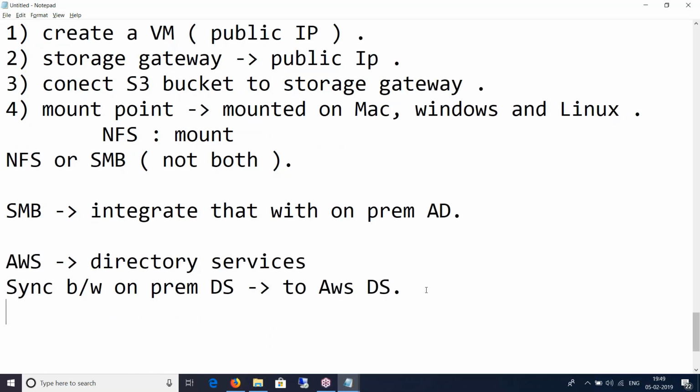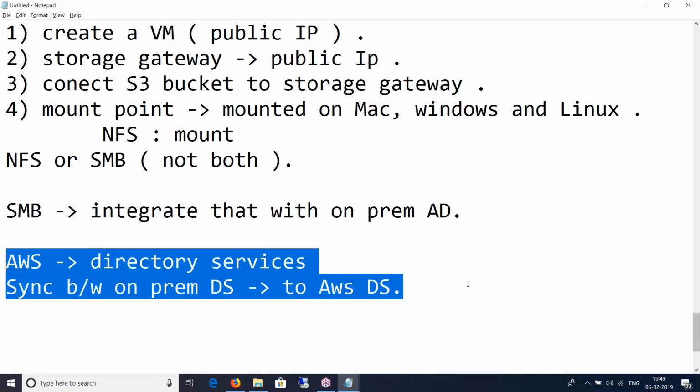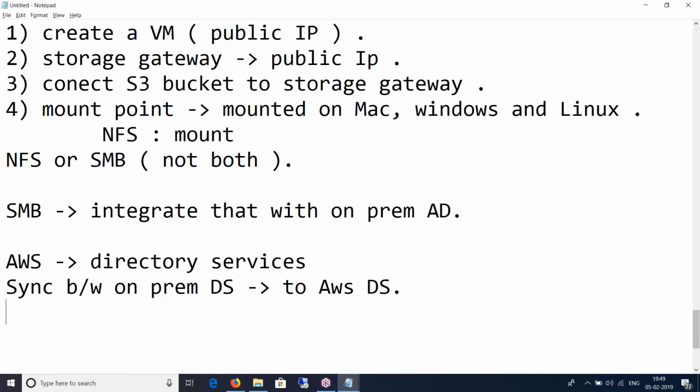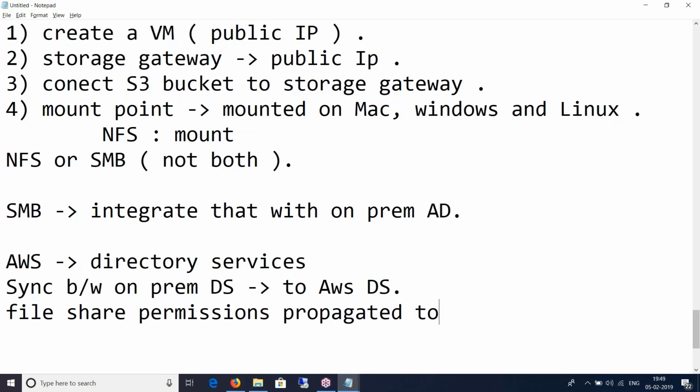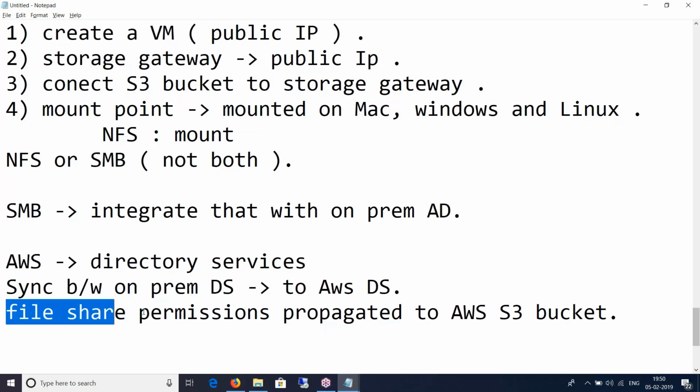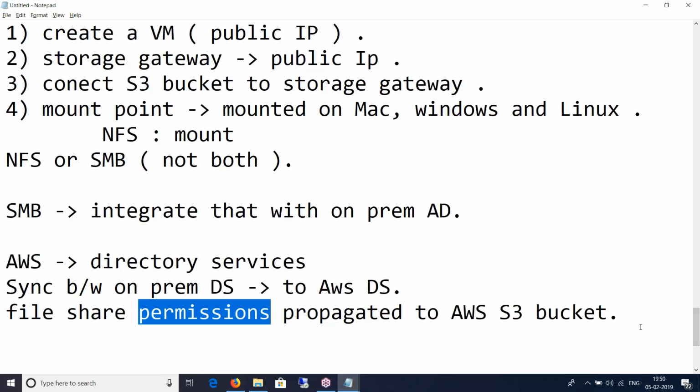And this is one of the prerequisites if you would like to have the file share permissions propagated to the AWS S3 bucket. You need to have that. Till that point, you'll just get files and shares, but not their permissions.